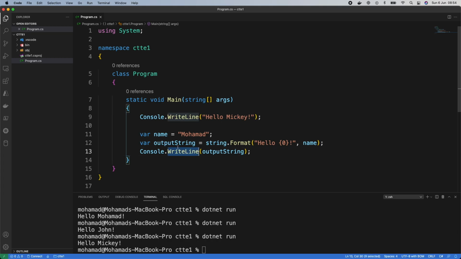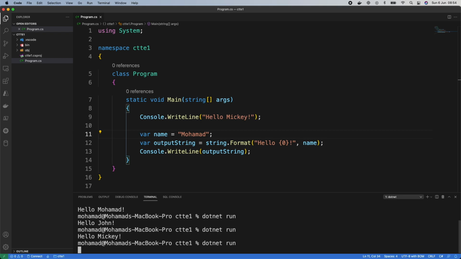So now in the console.WriteLine, instead of putting the string manually, what we did is we created a variable. We have inputted this information inside that variable, and we made one of the inputs of it, which is here, a 0. We made it dynamic based on the name that we have. So now let's run this and see the outcome. And as you can see, we have hello Mohamad automatically populated, which is good,